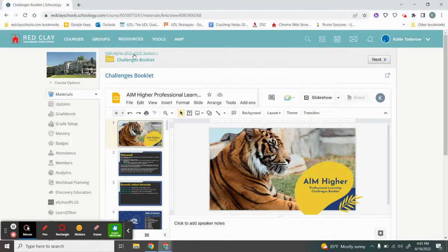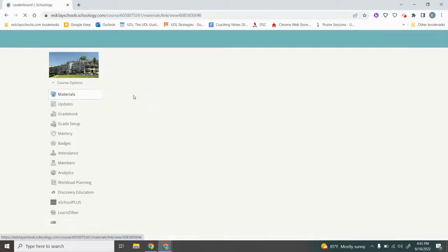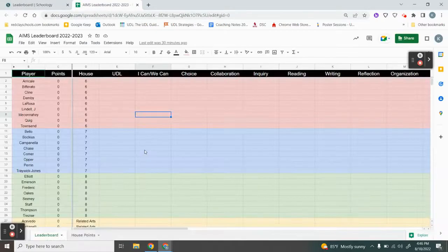If I go back to the AIM Higher course, the next thing I'm going to see is our leaderboard. And again, the leaderboard works best when we open it in a separate window. When we open this leaderboard, we're going to see that we're starting the school year sorted out into grade level teams for our houses. You'll be able to find your name in the left-hand column and the number of points that you have in